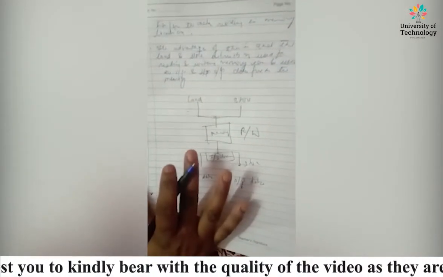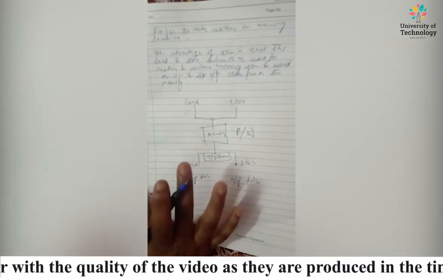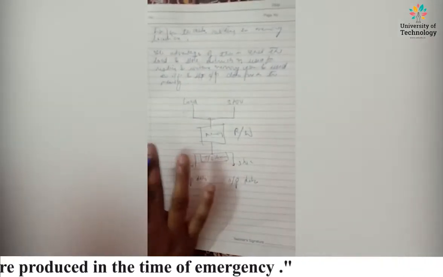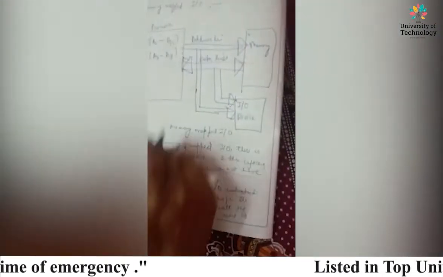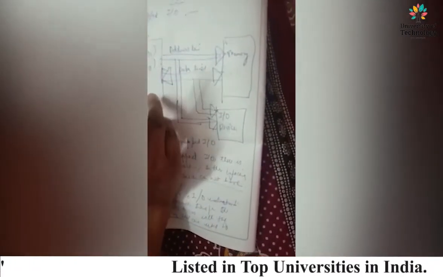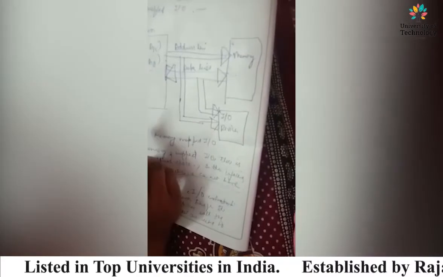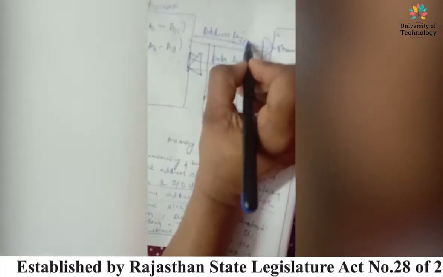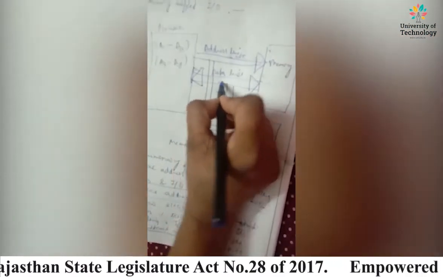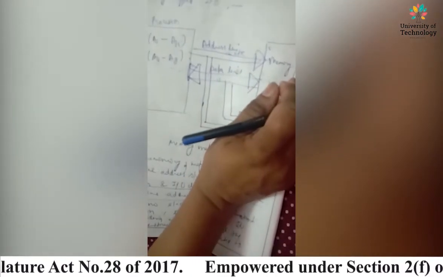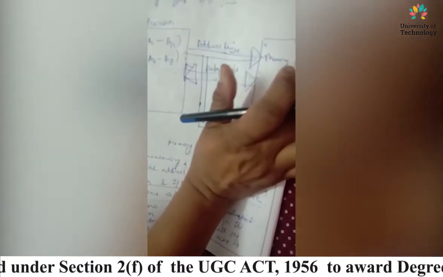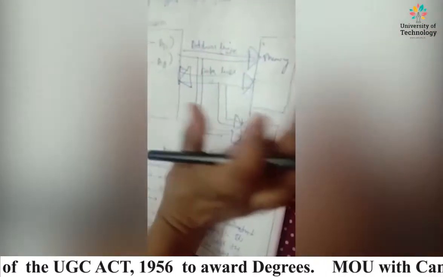Now, an example of the processor with 16-bit address bus and 8-bit data bus with a memory mapped input output is shown in the figure. See what we have seen in this figure. We have a 16-bit wide address bus and an 8-bit wide data bus. Okay, some addresses are assigned to the memory, and some addresses to the input output devices.